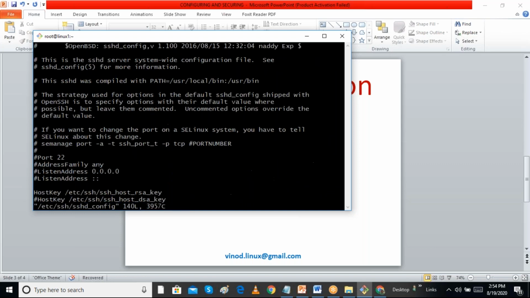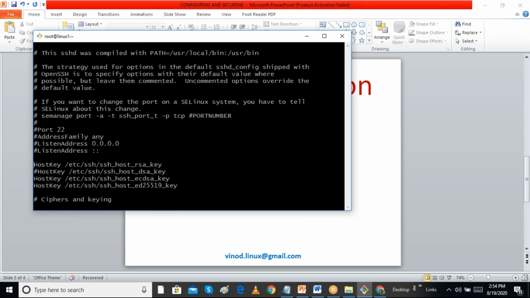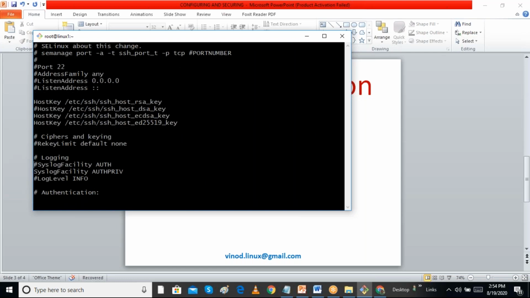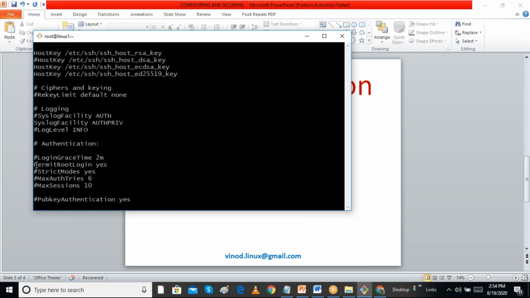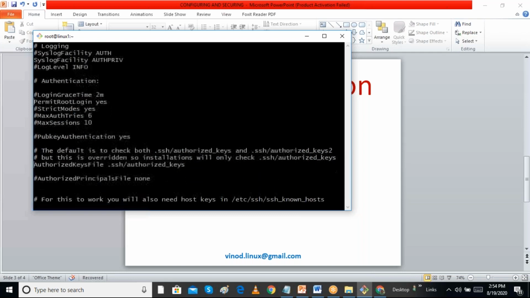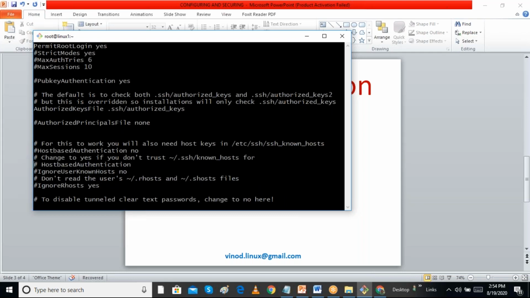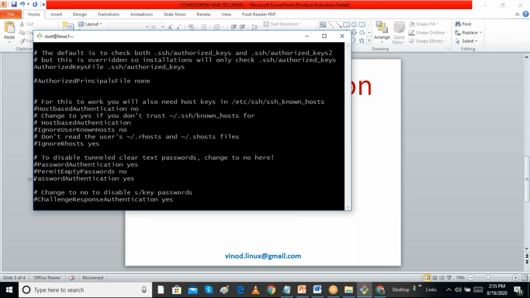If I open this file, we can see the section that we generally have to edit. We have the authentication options. We have an option called PermitRootLogin, yes or no. Sometimes we cannot directly log in as the root user, so we have to set it to yes, and then the root user can log in directly. Sometimes password authentication is not enabled, so we have to change this option. PasswordAuthentication is sometimes set to no, and then we cannot log in with the password. So these options sometimes we have to change.